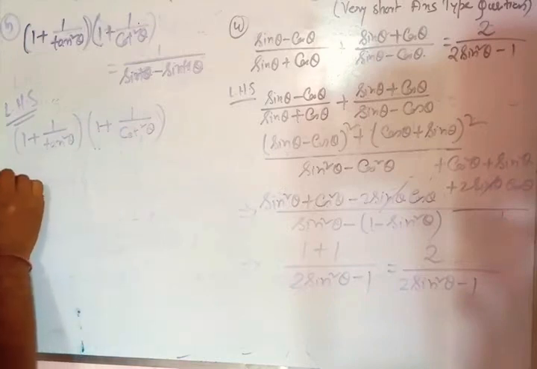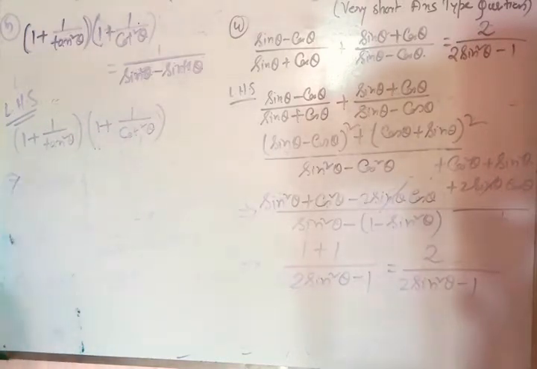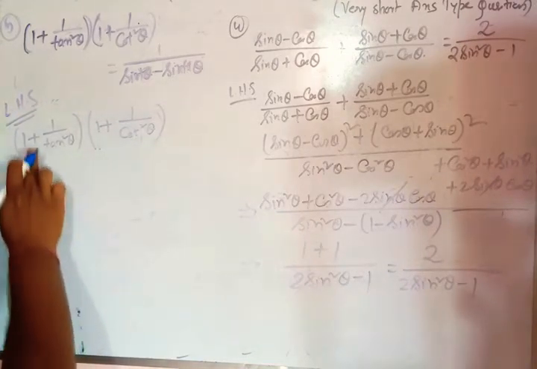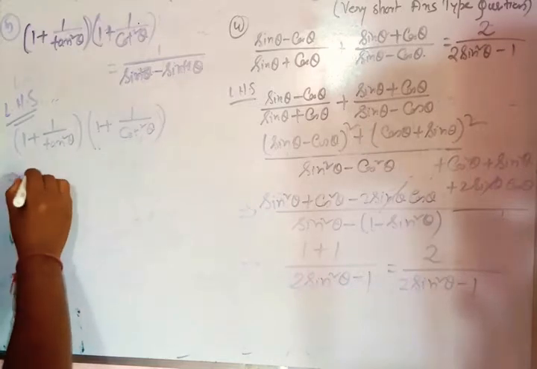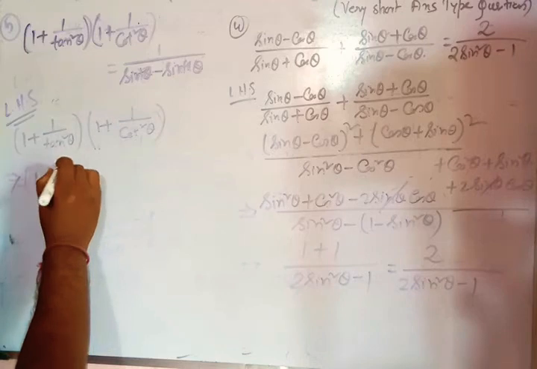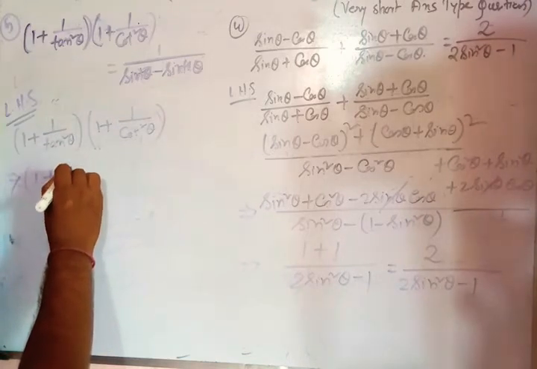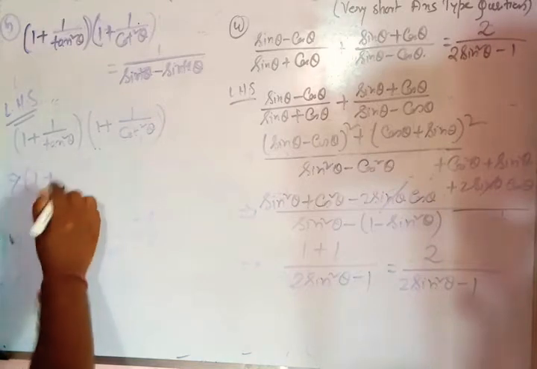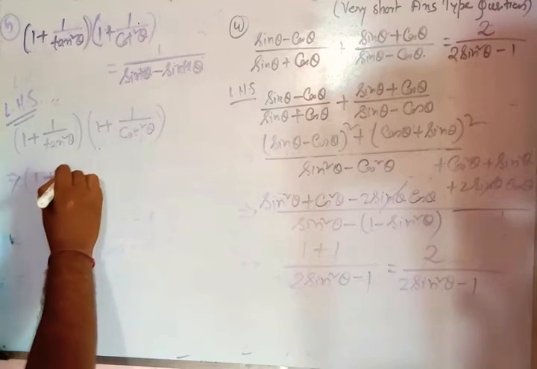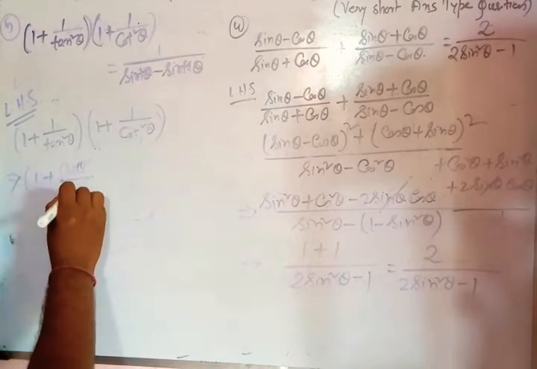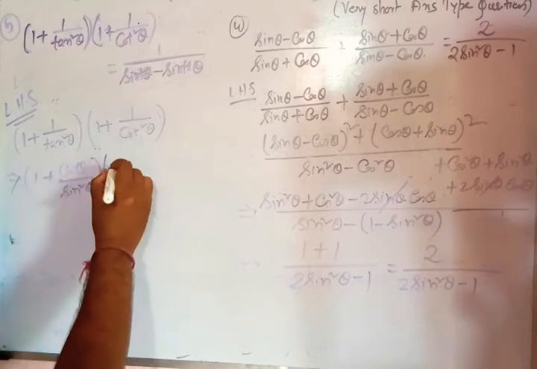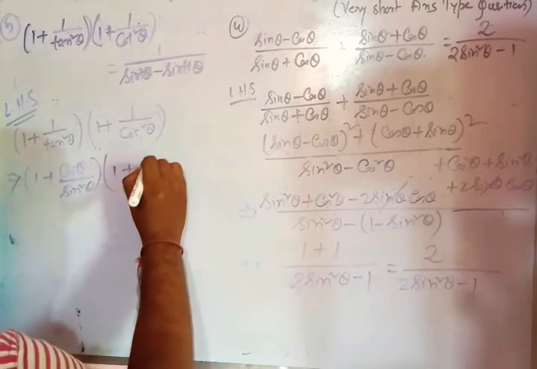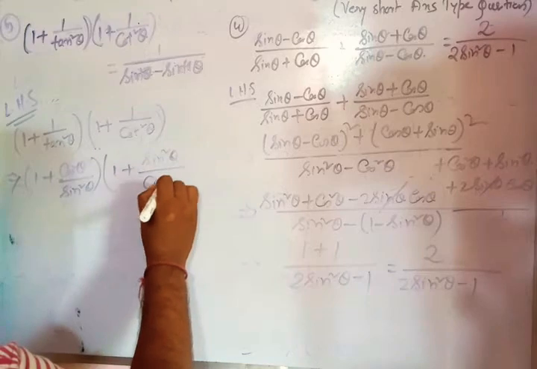Okay, now this can be written in the form of, if we break it up in sin and cos, we are getting this is 1, this is cos theta, sin theta, or sin square theta, cos square theta by sin square theta, and this 1 plus this can be written as cos square theta by sin square theta, that is sin square theta by cos square theta.